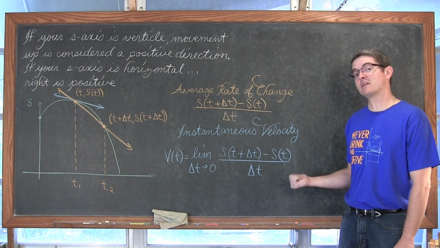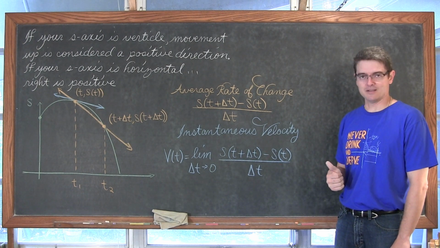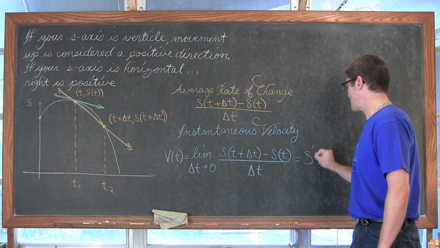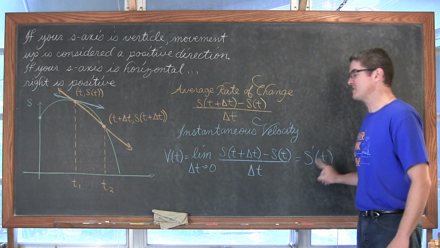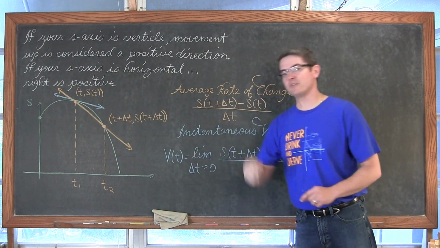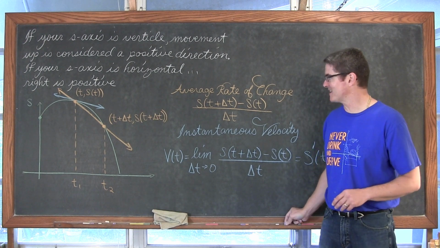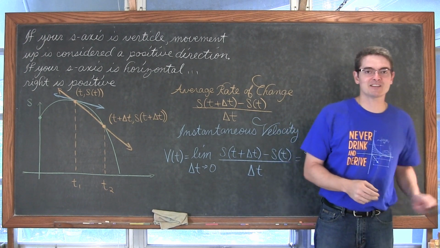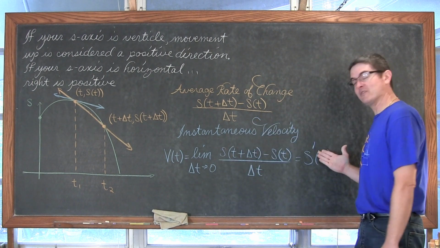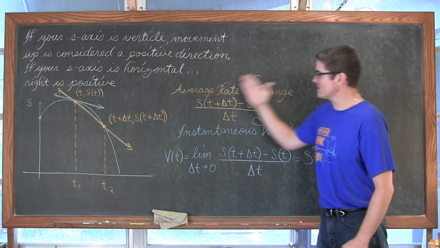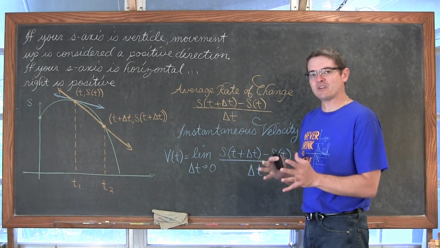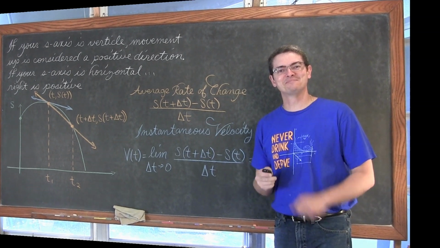And if you think that looks like the definition of derivative, it is. So basically what we're seeing here is that if I take the position function s of t and take the derivative of it, we have the velocity function. Thus, that's why we're talking about this in our first section covering the basic properties of finding derivatives, because the derivative of the position function is velocity. All right, let's get on to another page of notes, specifically about speed.